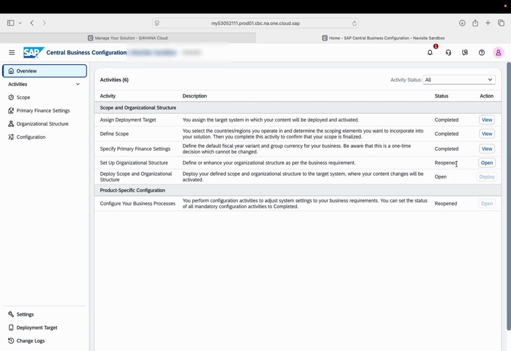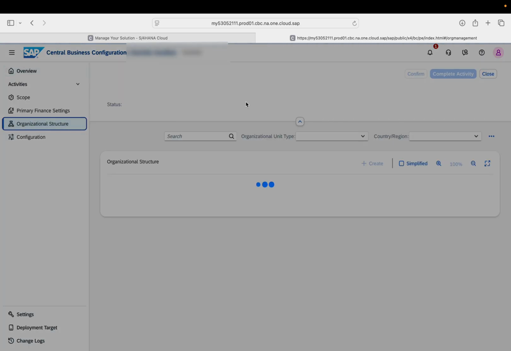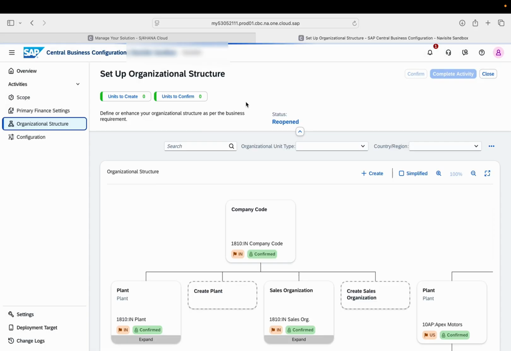As I said, in order to do any configuration, this setup should first be in reopen or open state, or in editable state. Now we are in the editable state. In order to set up a company code, we can see that the create option is enabled.